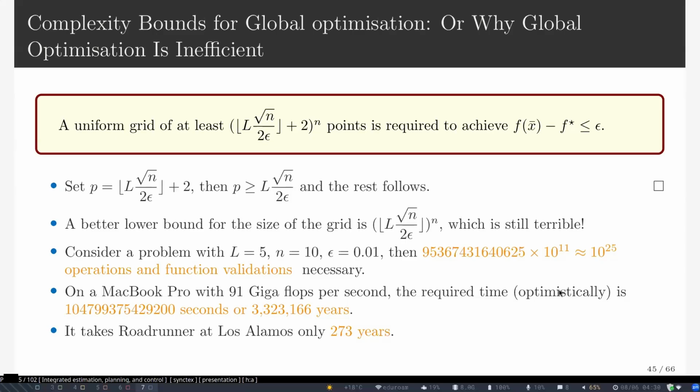So it really shows my slides are outdated. That was the top-end MacBook then. It's probably now maybe 7 times faster, but divide that by 7, yeah. Roadrunner is not even the fastest computer anymore. There's a Chinese one, but again, let's assume it doesn't matter.